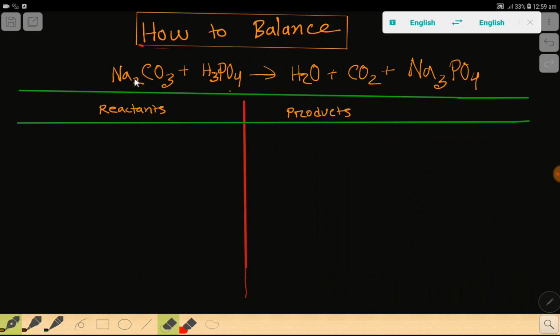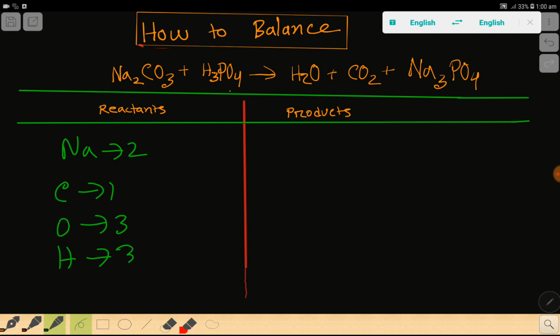On the left hand side we have sodium. Let me write the number of sodium here, which is 2. Then look here, CO3 is a carbonate polyatomic ion, but on the right hand side we don't have it, so we have to write it separately. So we have carbon, which is 1, then oxygen, which is 3, then hydrogen,